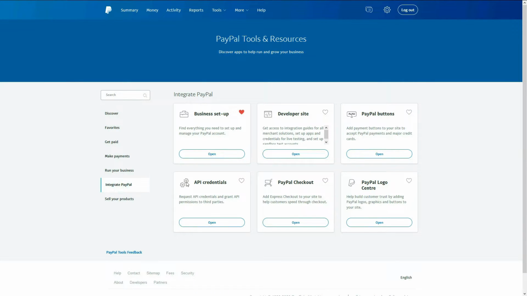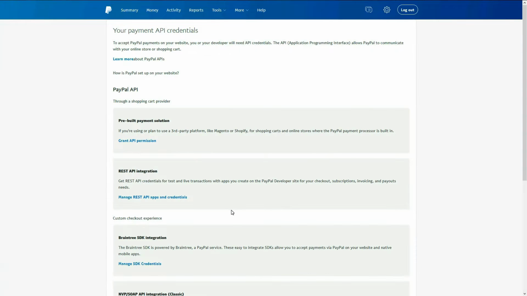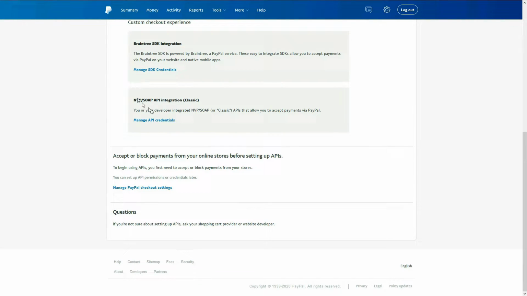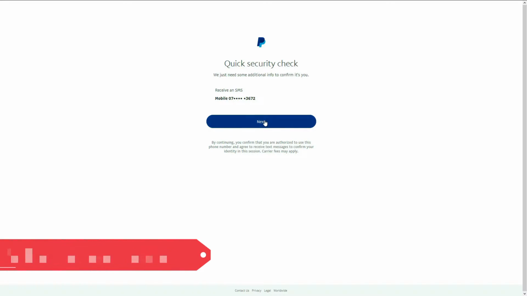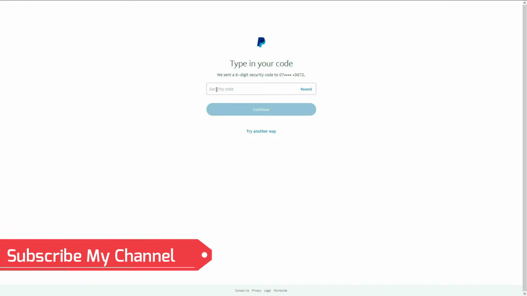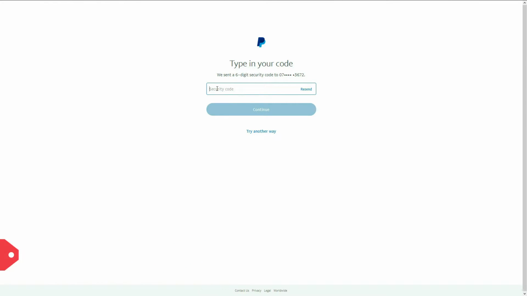After that, API credentials, open it. After that scroll down and click on this MVP option. You have to click on this option, manage API credentials. Now it will send an OTP or one-time password to my registered mobile number. Click on next. So I get the code and I have to enter the code now.